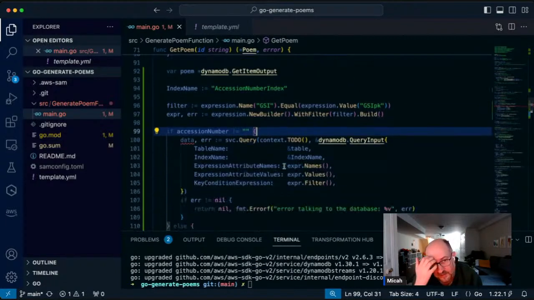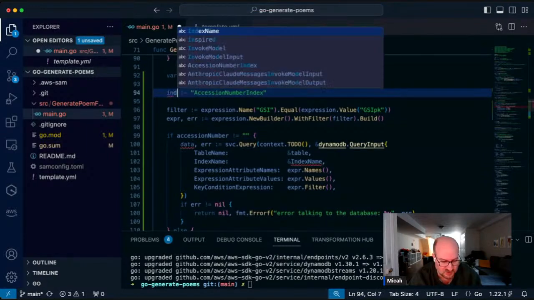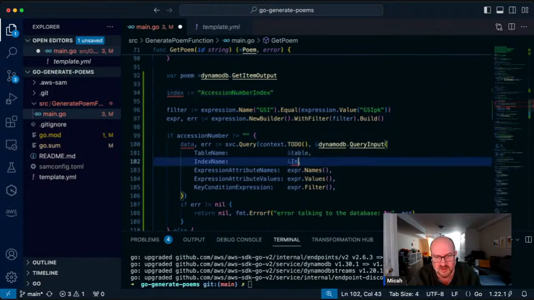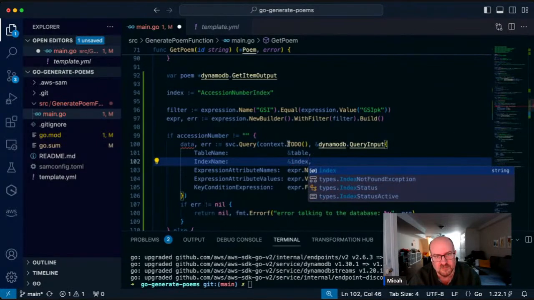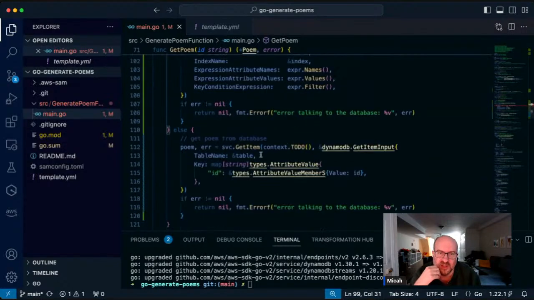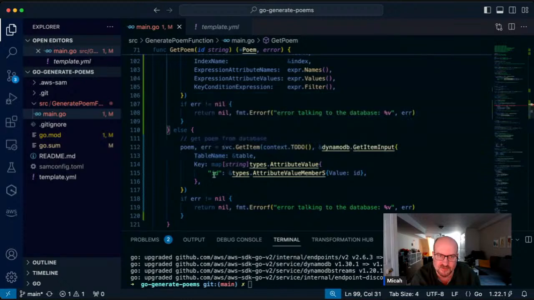Okay. Let's make that a little neater. Instead of index name, we're just going to make it index. Just so it's nice and neat. Okay. Otherwise, if we don't, we're doing what we were doing before, which is using the get item thing. Okay.